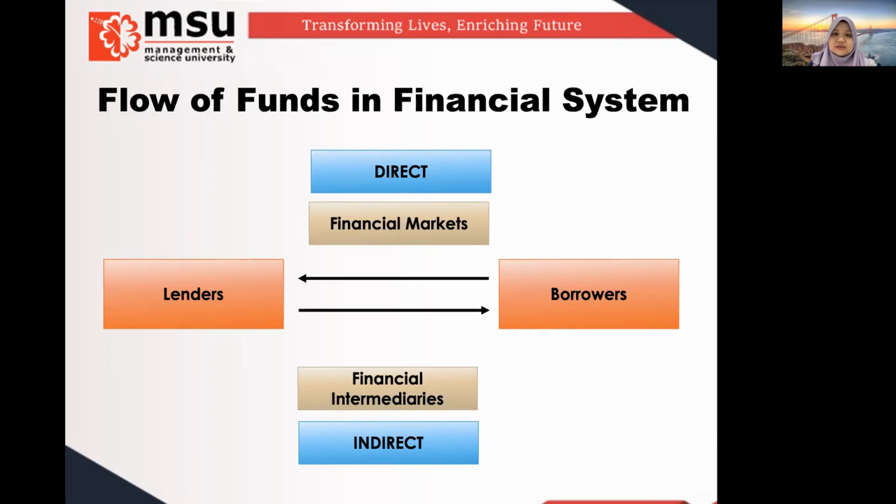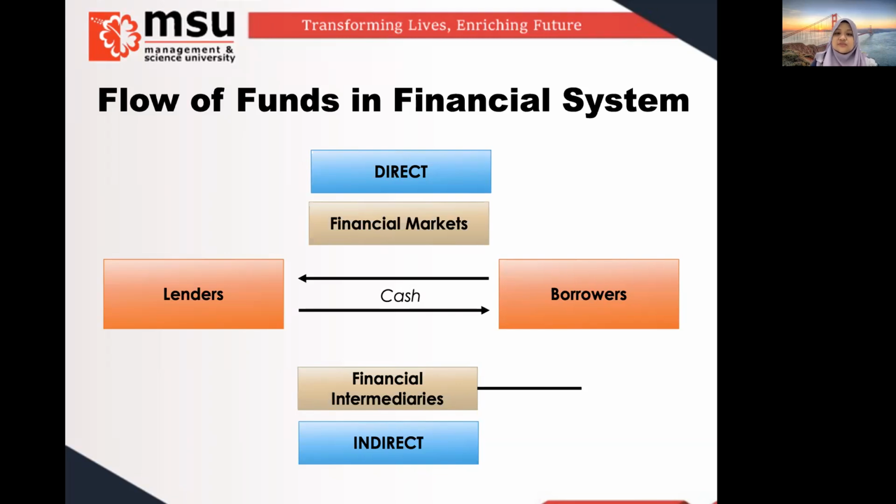So financial intermediaries have money which has been given by all the lenders, by all the savers. So they do not just keep the money in the bank. They do not just keep the money in the store, but what they do, they give it out as loans. So who will take the loan? The borrowers. All right. So in return, the borrowers will pay back the money together with the profit rates, and this profit rate belongs to the lenders because the money belongs to lenders, and lenders also get the return.